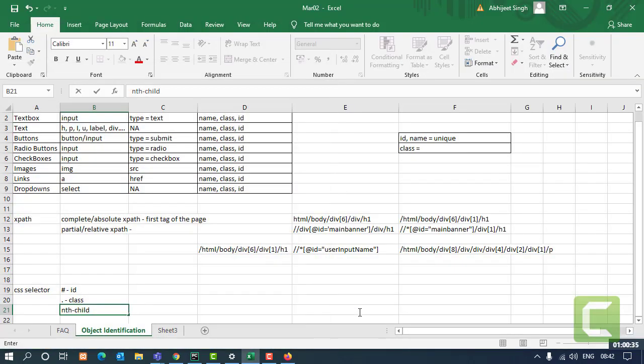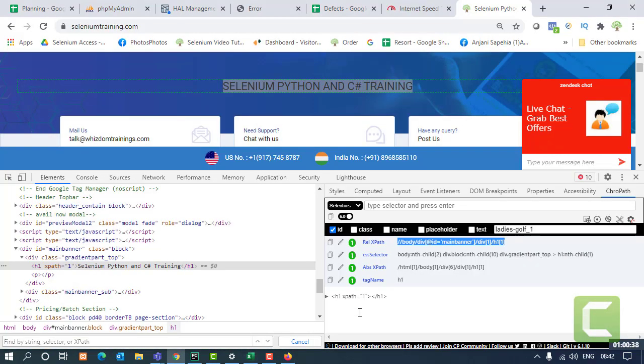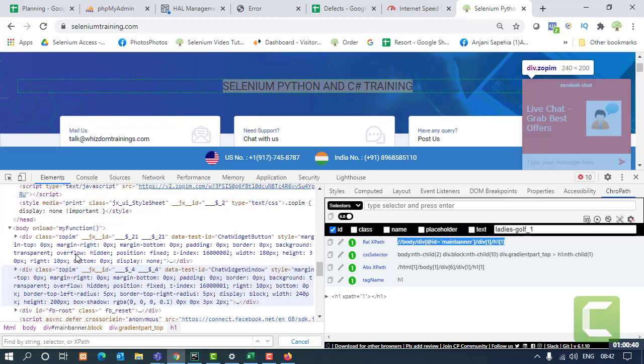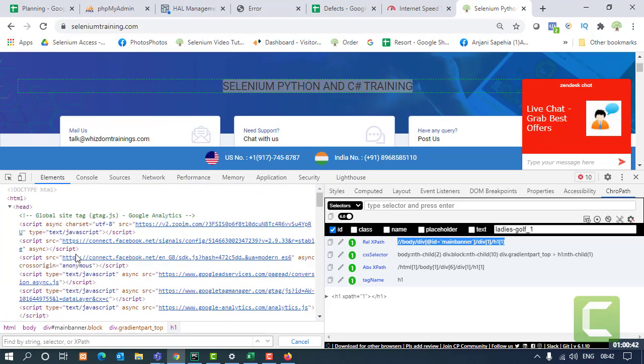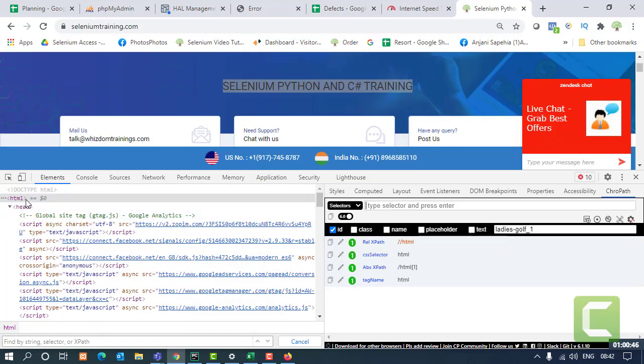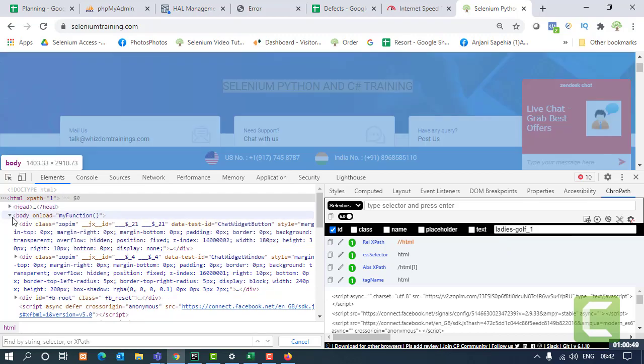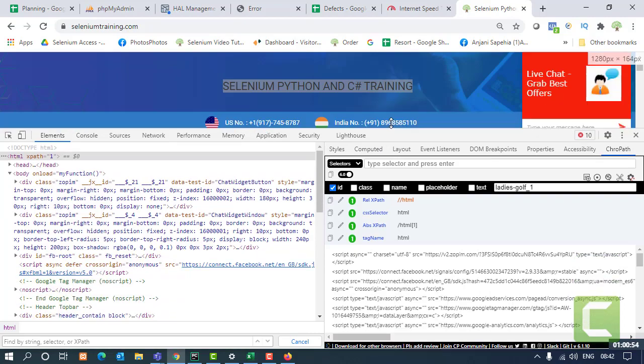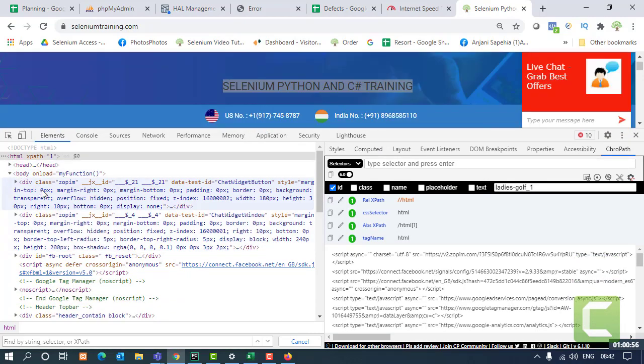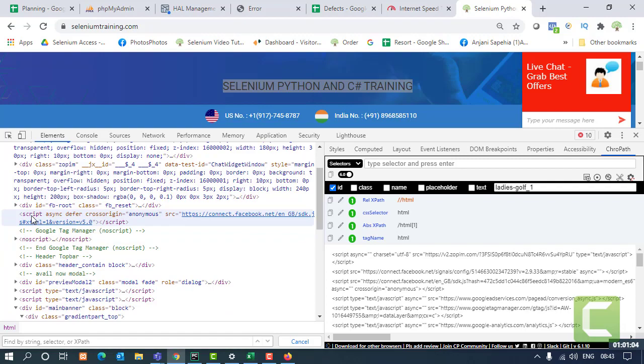In Chrome, when we were making the complete XPath, we saw that from the HTML tag we got the head tag. We were not concerned about the head tag, we went into the body tag. Now in the body tag, I have different tags at parallel level, right? Div tags, then in between a script tag, then a div tag, then a script tag, likewise.